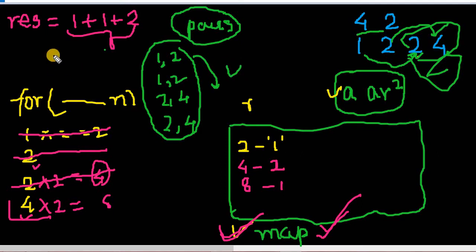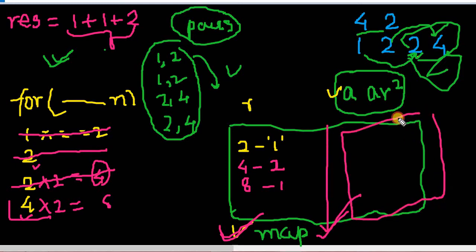So we got the total correct number of pairs that were present in our array. Similarly, using this technique only, we will be creating another map instance here, and we'll solve the problem in the same way. In order to find triplets, we'll simply create another map, and as we were storing AR values here, we'll be storing AR square values in this particular map, and we'll be checking if the value exists in this map or not.